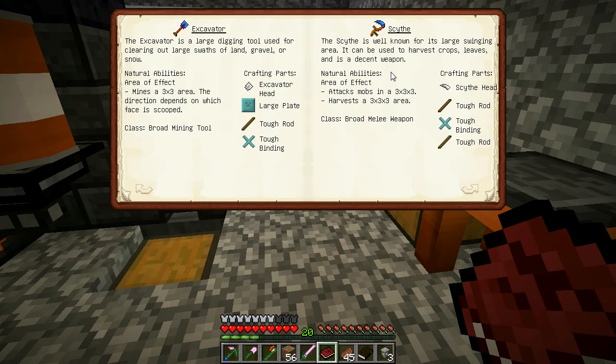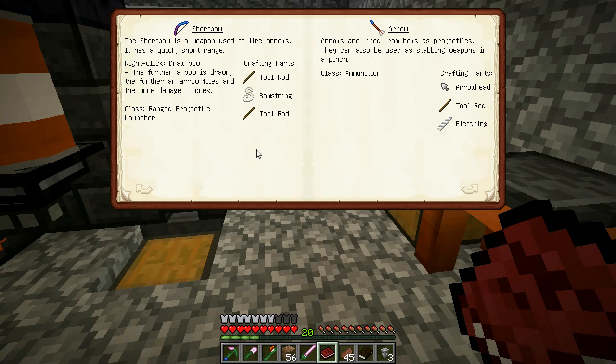Like when I'm killing the blazes. That very well could be nice because I can kind of funnel them into a small area and just, you know, whack them in a 3x3x3 area. Definitely some possibilities there. And then eventually I'm going to want to make a short bow, but I need to